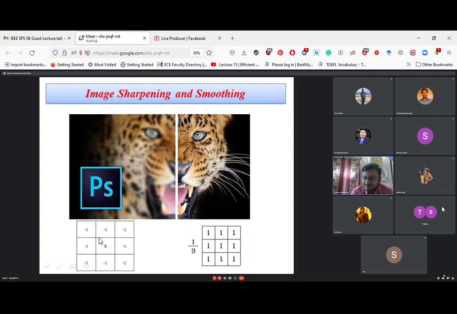So the difference is more. Though we have added up all these things and put the added up value in the position of the central pixel, still the difference between the surrounding pixels and the center pixel is more. Pixel intensity difference is more means it is a high contrast image.